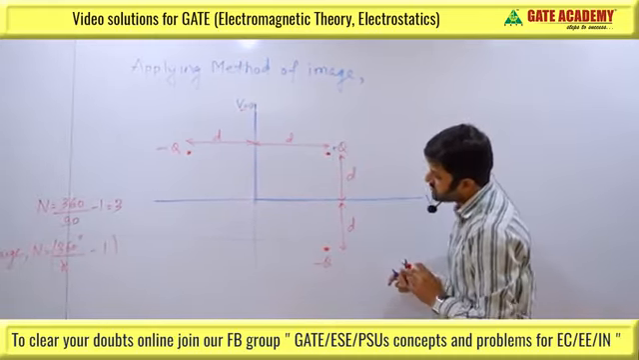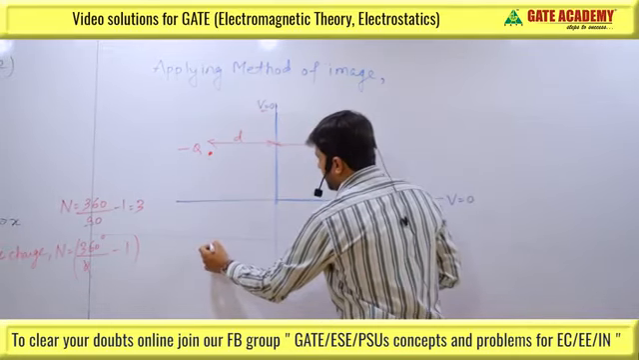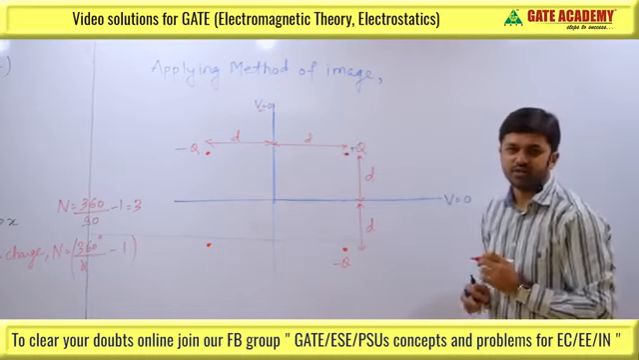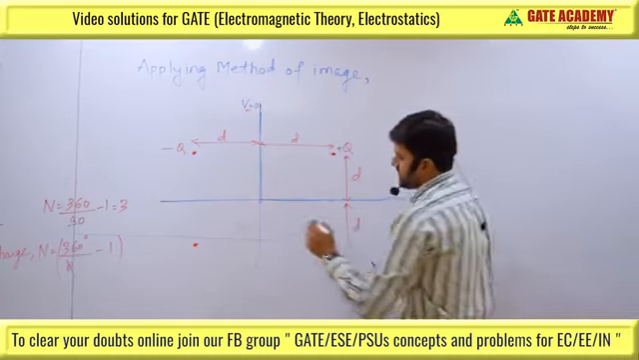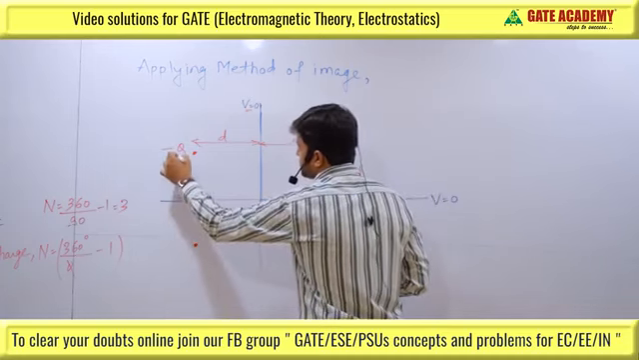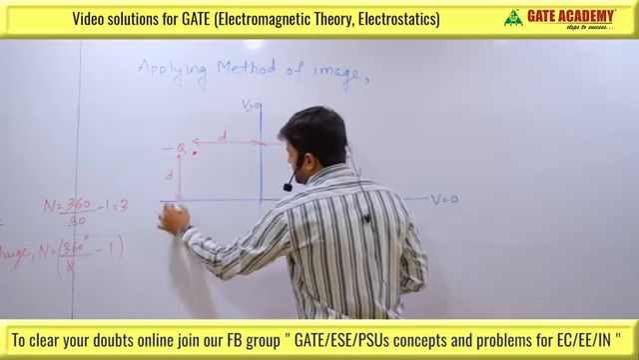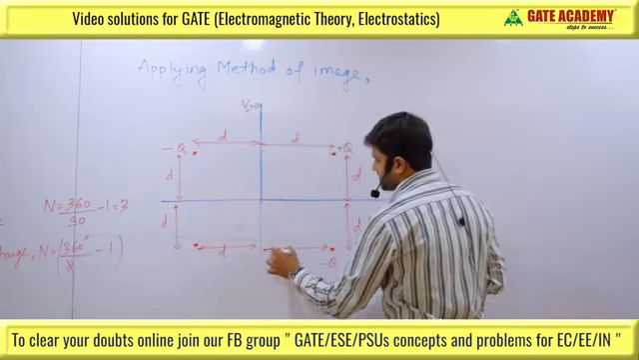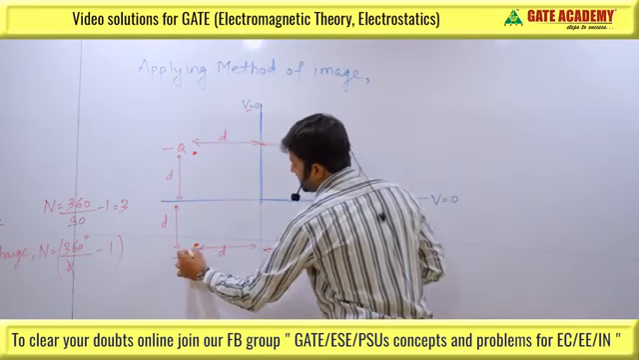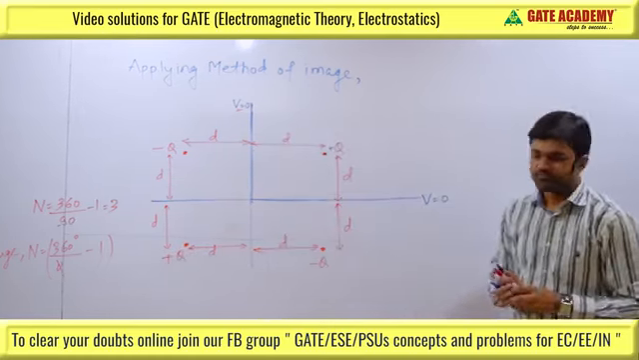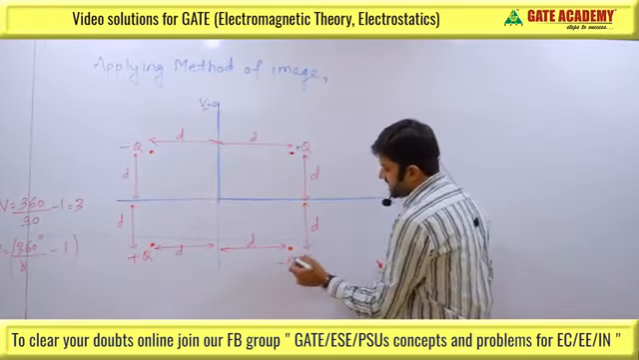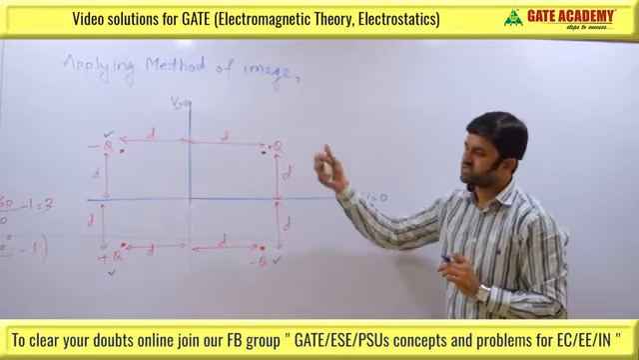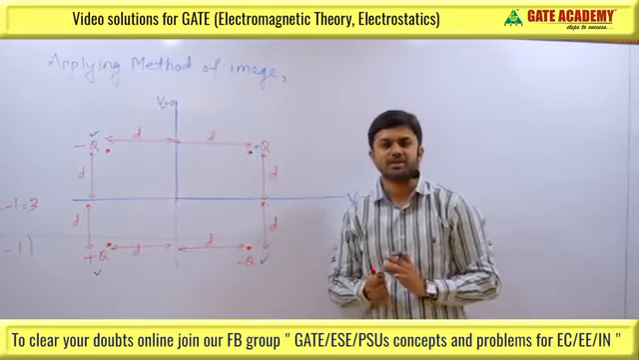So we have to keep another point charge at this point to make the overall system equipotential. So this distance should also be d, this is also d, and this is d, and this is also d, and this charge will be plus q. So now we have 3 image charges, and the charge which was placed above the 2 semi-infinite conducting